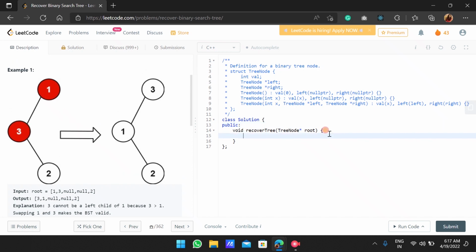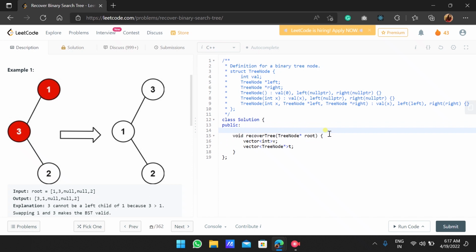So let's code this. First we will need two vectors: one that will store the values and another vector that will store the addresses. So a vector of type int and a vector of type TreeNode.